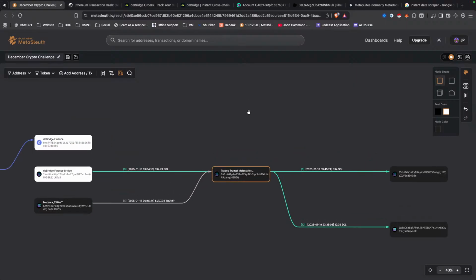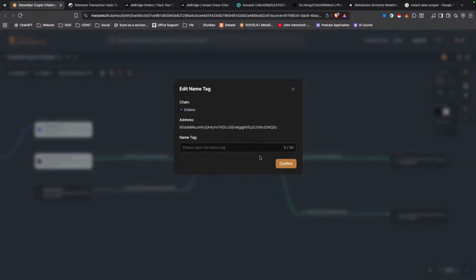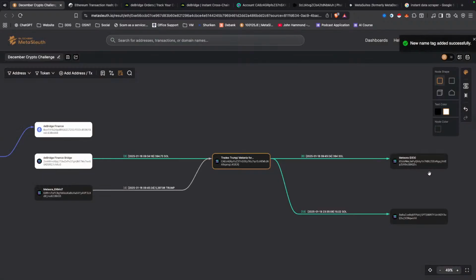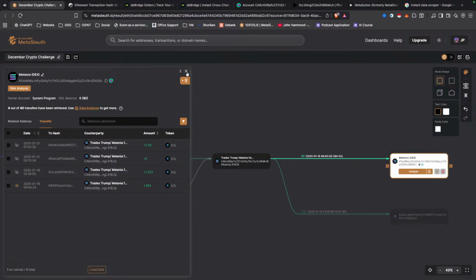These again are smart contracts, right? These two addresses that have been added. It looks like Meteora. So let's just add some labels as well, because otherwise we'll get confused. So Meteora. And I'm just going to put Dex so we don't get confused. That other one's labeled, but I'm going to color these white again because they're smart contracts.